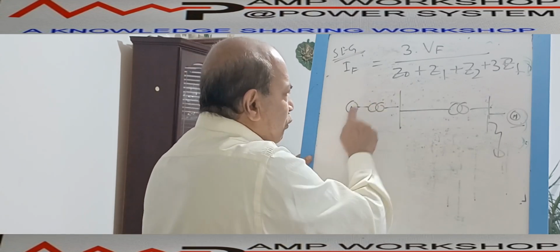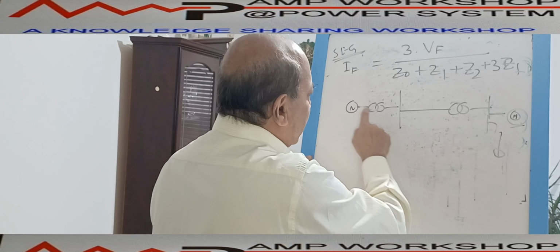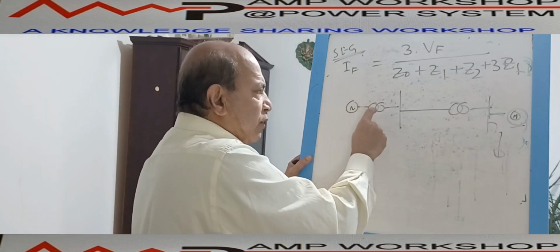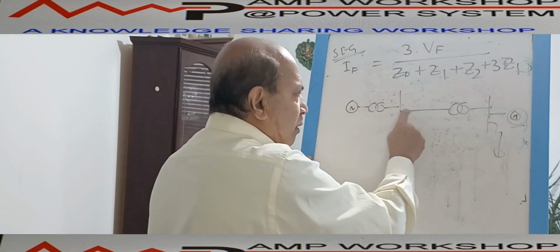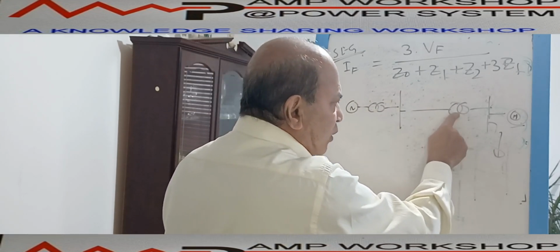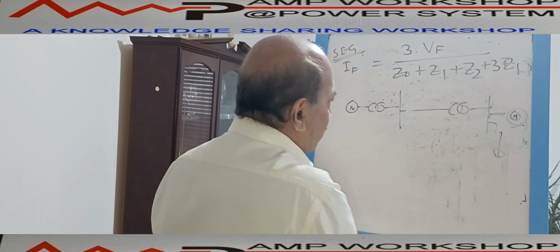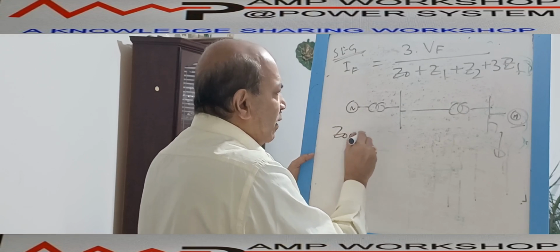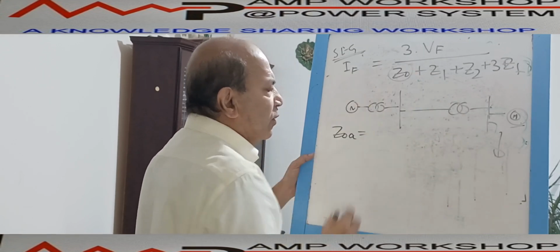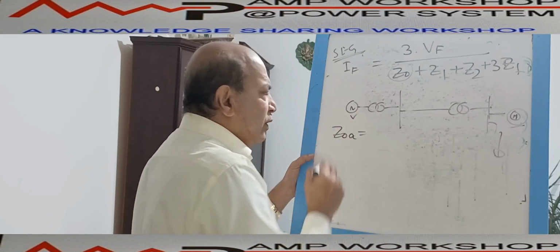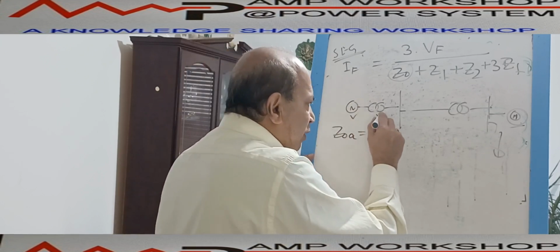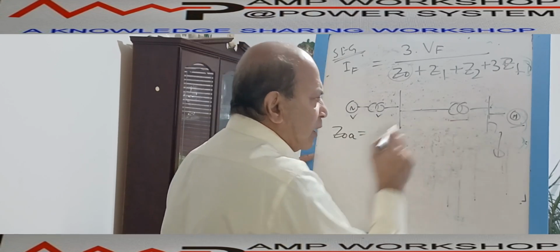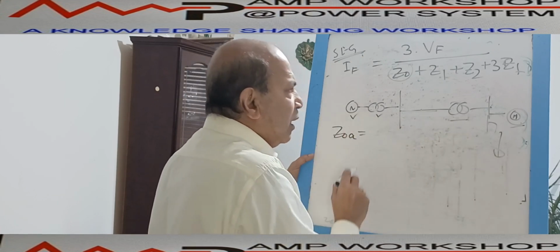Then all the zero sequence components, as per the fault position up to this point, are connected in series. So the zero sequence impedance of the generator, of this transformer, of this cable, and of this transformer are connected in series. That will give the overall zero sequence impedance for this network, which is this Z0. Then we have to calculate the positive sequence impedance: this one, the cable positive sequence impedance, this transformer positive sequence impedance. The sum of all these will be